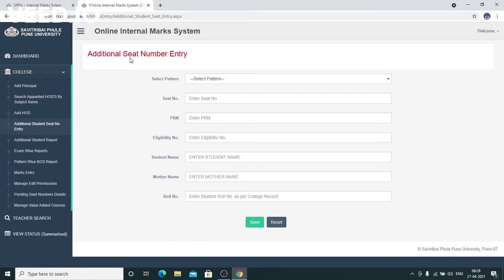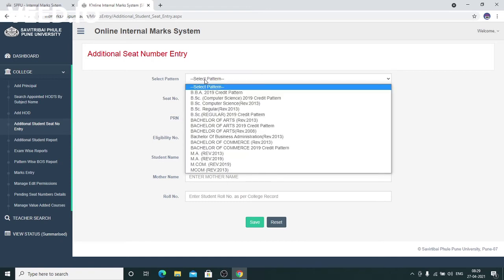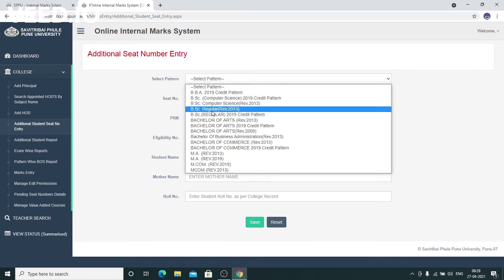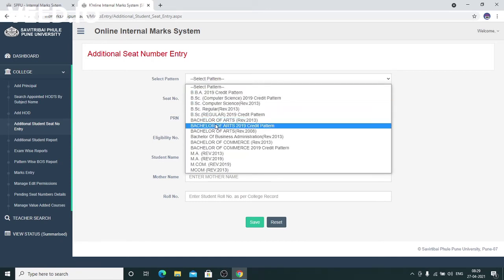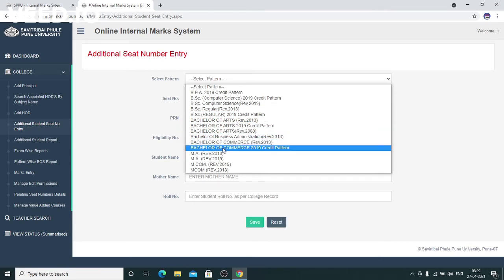So in this additional seat number entry, first of all you have to select the pattern for which you want to do the entry. For that, click on this select pattern and you can choose the pattern. For example, I want to do the entry in the Bachelor of Commerce 2019 credit pattern.